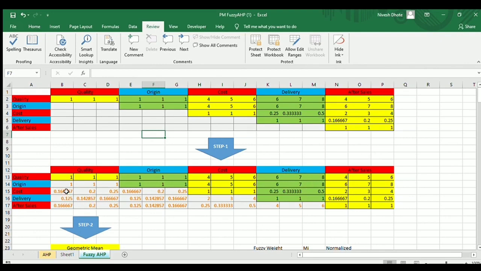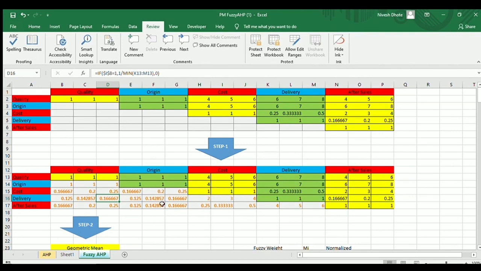How can we do that in Excel? We can take out the maximum value across these values. If we are checking 4, 5, 6, we take the maximum value and divide it by 1. For 2, we take the median value because it will be the median of this, and for 3 it is the minimum of this value, so it will come out as 4 and 1 by 4 will be my value. Similarly, we have done this for everything. Now, as we have said, delivery is 0.25, 0.33 and 0.5. So if we check, delivery is 2 times as important as cost; 2, 3, 4 means weakly important with respect to the cost.